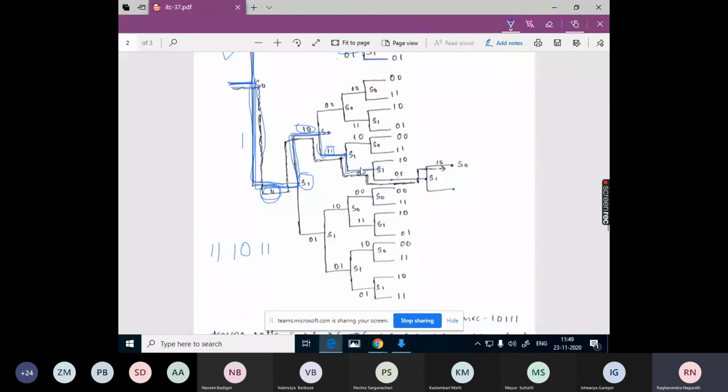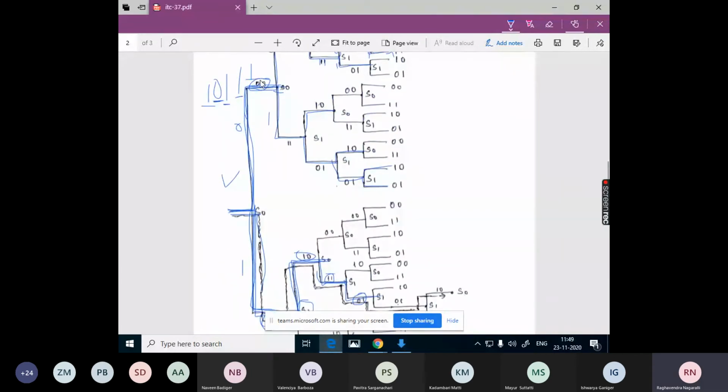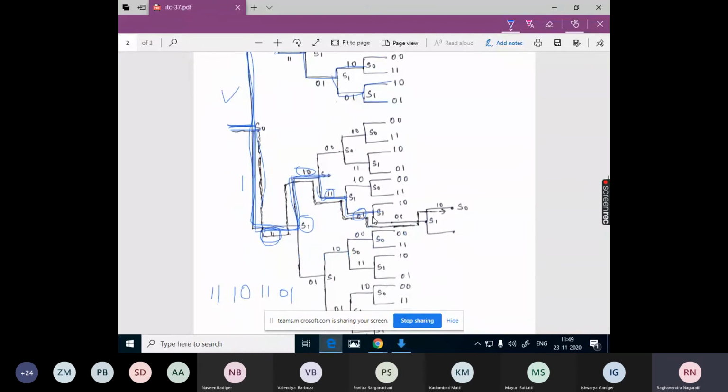What is the output here? 0 1. Now from this point, the new input is 1, so lower transition. What is the output? 0 1, again 0 1.